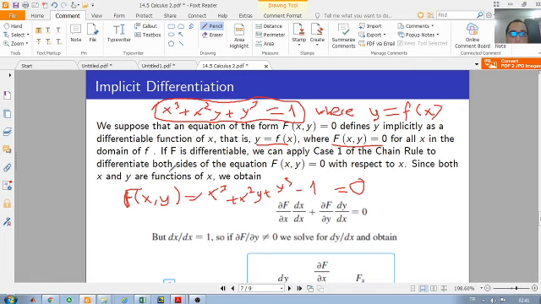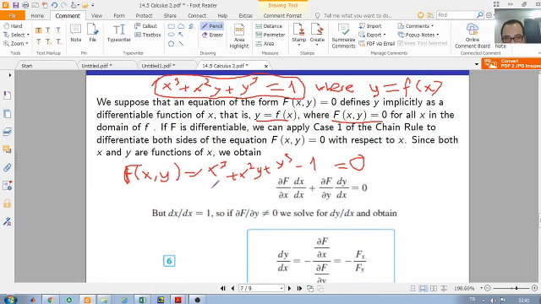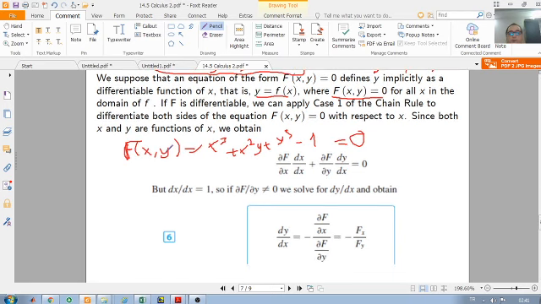So if this implicit relation big F is differentiable, we can apply case 1 of the chain rule to differentiate both sides of the equation written here, because it is a function of x and y, but y is a function of x. So to differentiate both sides with respect to x, since both x and y are functions of x, we use case 1 of the chain rule,